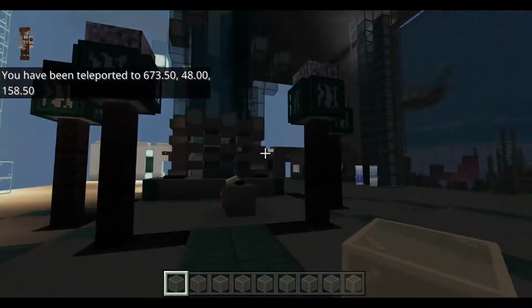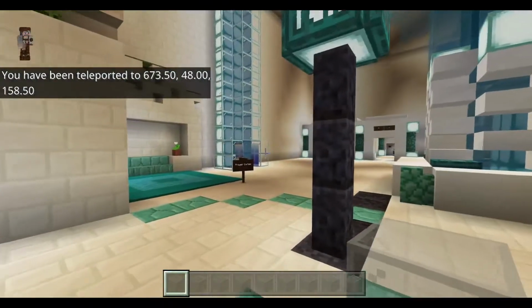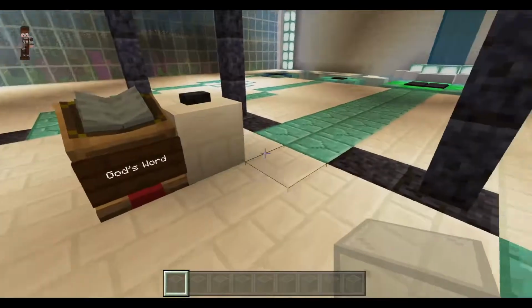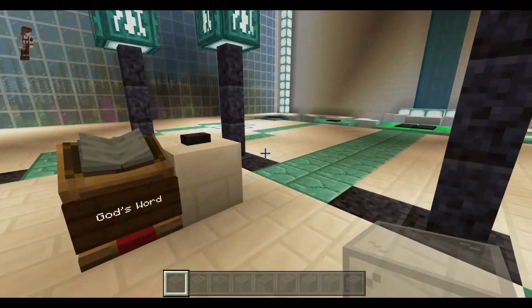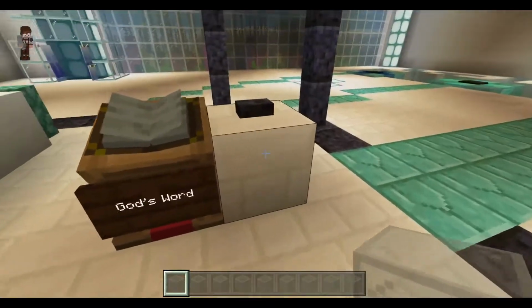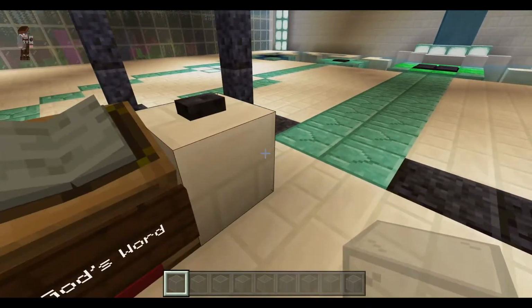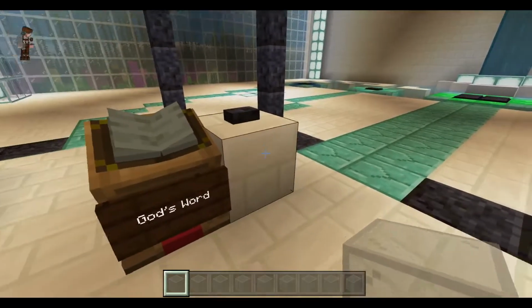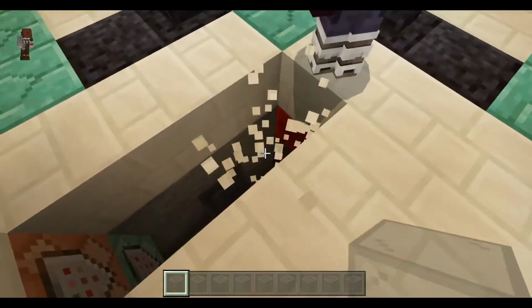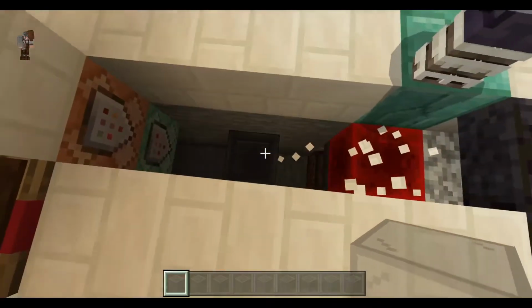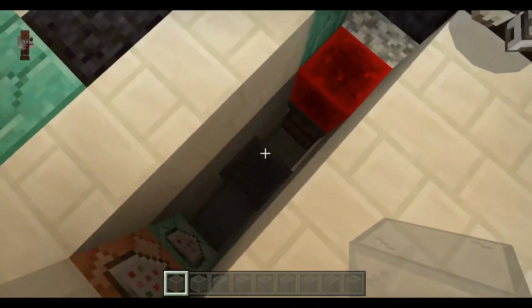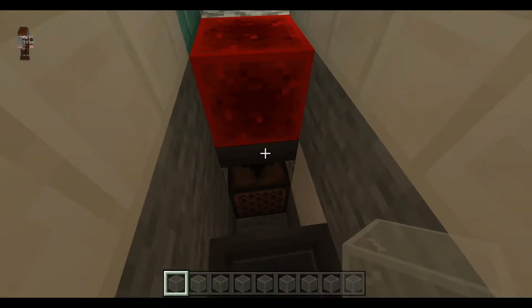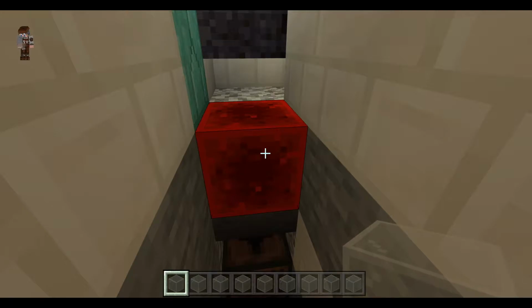So back to the headquarters here. What was a lot of fun is actually adding music to the world. And we did that by adding these buttons. And whenever these buttons are clicked, it starts playing some music. And all we did for those is we have a command block and we have this set up here. So if you look at it, we have a jukebox, a dropper, and a redstone block,